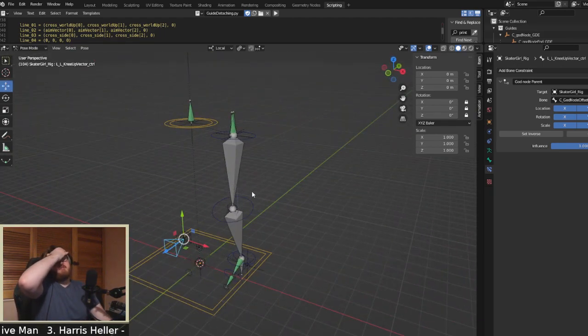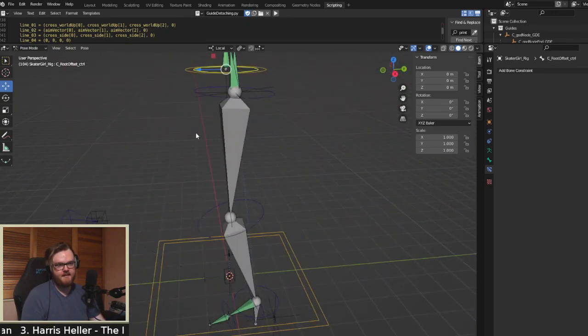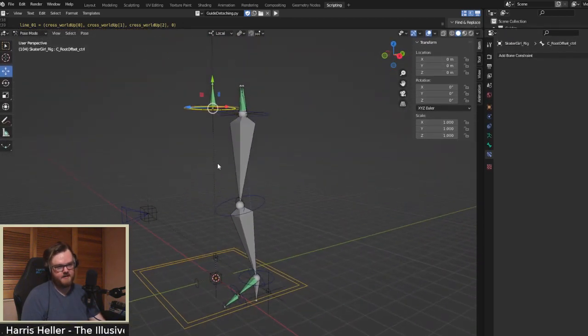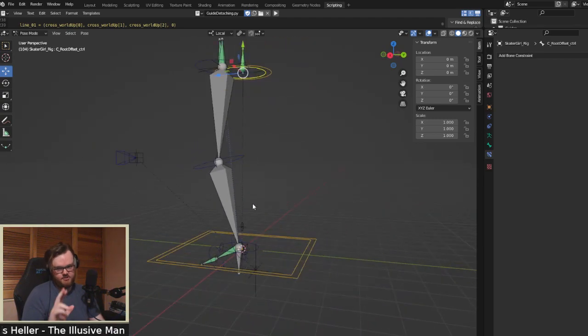But I will say I've run into a lot of issues so far. One of them being that I've cleaned it up a good bit, because I was hitting dependencies as I was skipping along. I believe using the drivers in Blender rather than their built-in constraints,